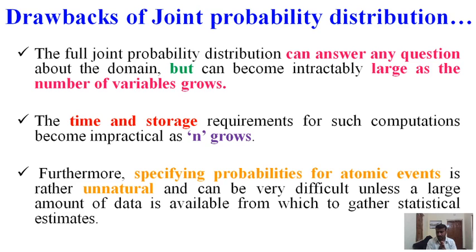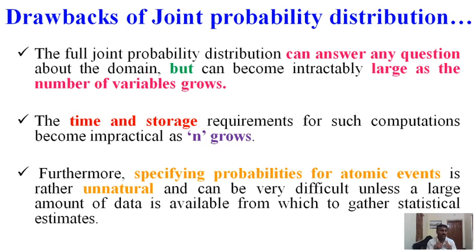In this review of probability theory, we need to remember two things, with some sub-points. One is propositions and the second is probability theory. In propositions, we need to remember random variables and types of random variables. There are three different types: Boolean random variables, discrete random variables, and continuous random variables.